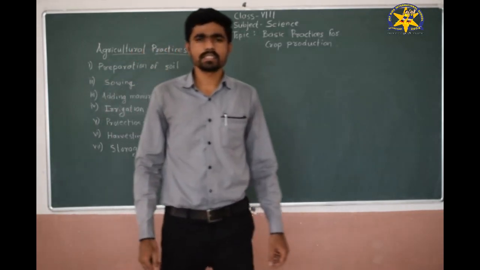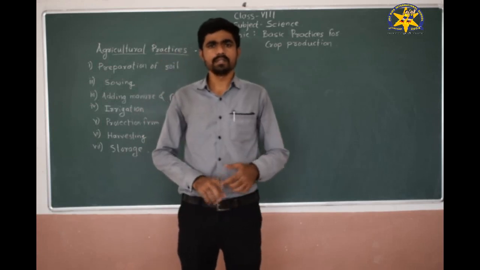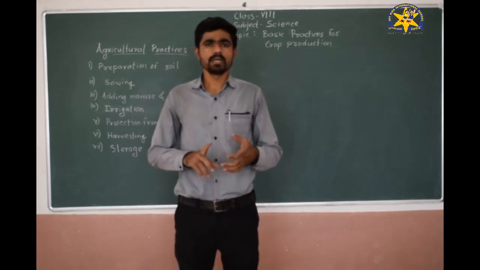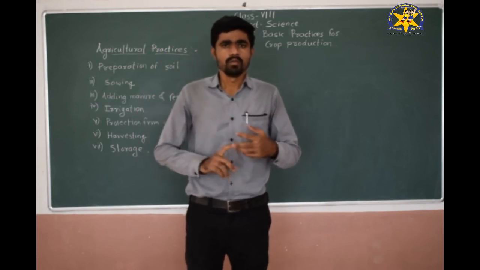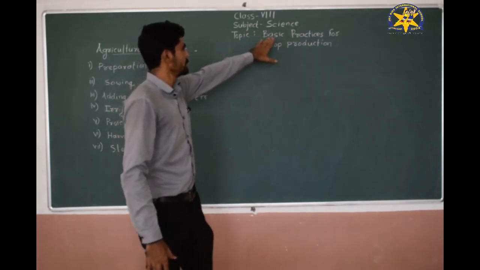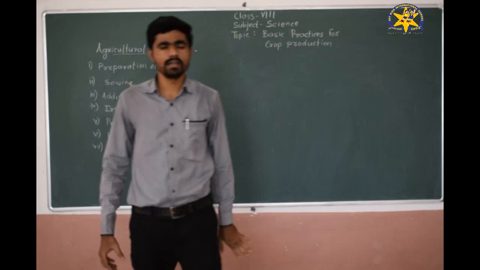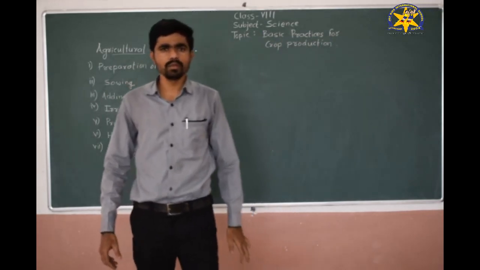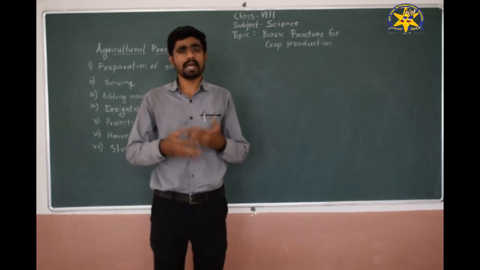Now, as we have discussed in the last session what crops are and their different types, like Kharif crop, Rabi crop and Zaid crops. Now, heading further into the unit, we have to learn some basic practices for crop production. Till date we had learned what crops are. Now we will learn how to practice those crops, that is, how to practice agriculture.